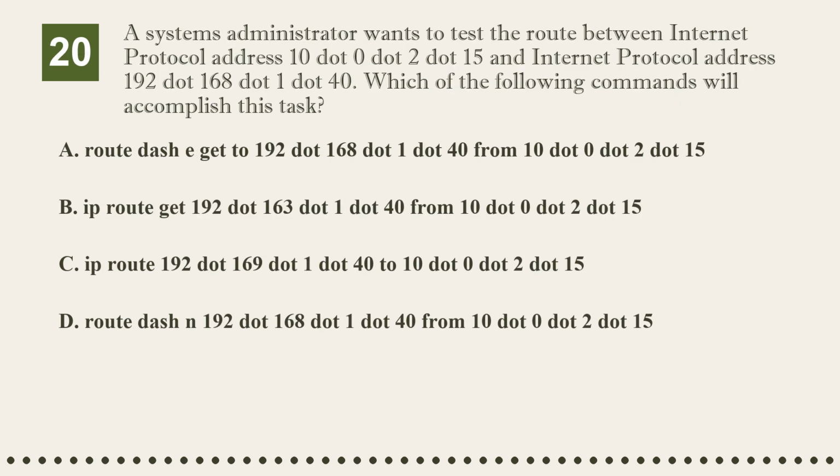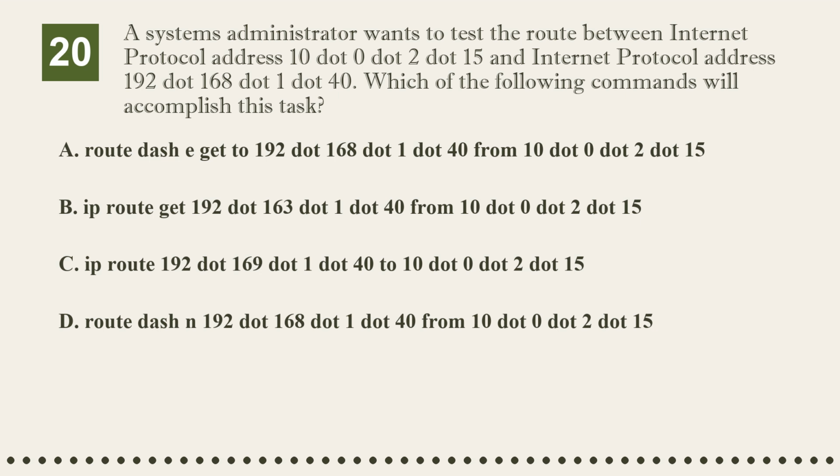Question 20. A systems administrator wants to test the route between Internet Protocol address 10.0.2.15 and Internet Protocol address 192.168.1.40. Which of the following commands will accomplish this task? Option A, root-e get to 192.168.1.40 from 10.0.2.15. Option B, IP root get 192.163.1.40 from